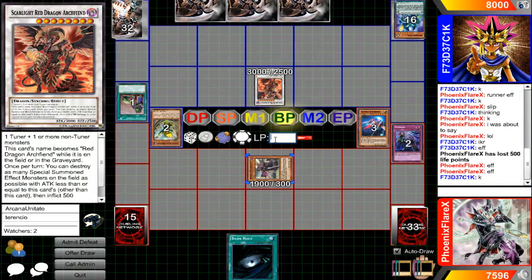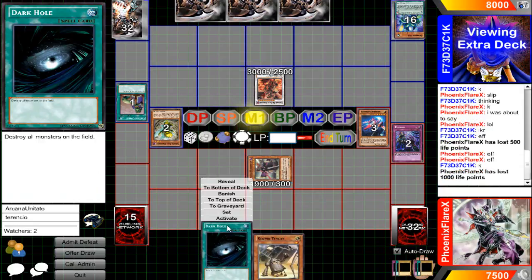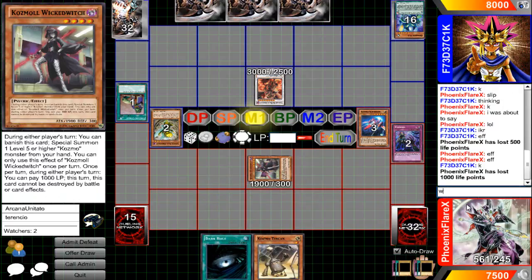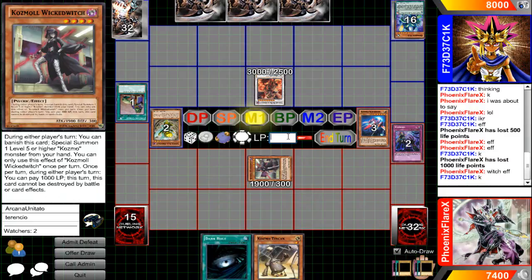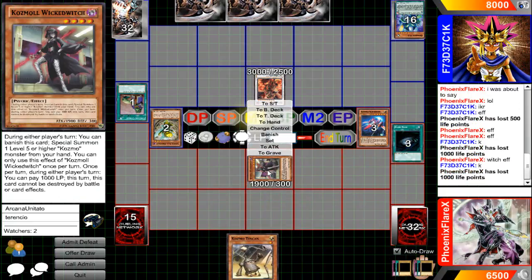But he ends up bouncing 3 to his hand for Gen XI Birdman, and then synchroing into Red Dragon Archfiend Scarlight, and destroying my Slip Rider, burning me for 5, and I summon Wicked Witch out of my deck off of its effect, and then use Wicked Witch to pay 1,000 to keep itself from dying. And so I pay 1,000 again with Wicked Witch, and then I activate Dark Hole to get the Scarlight off the field,